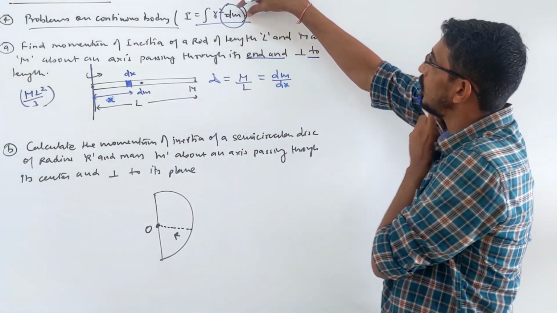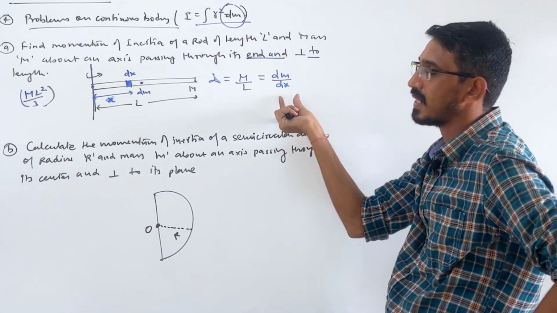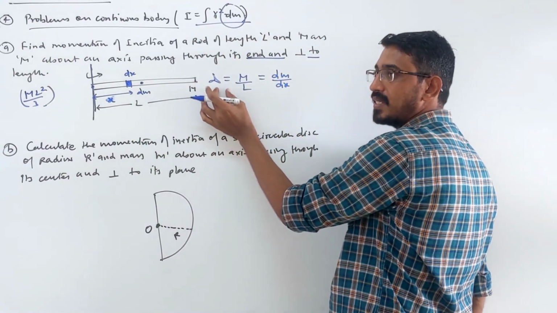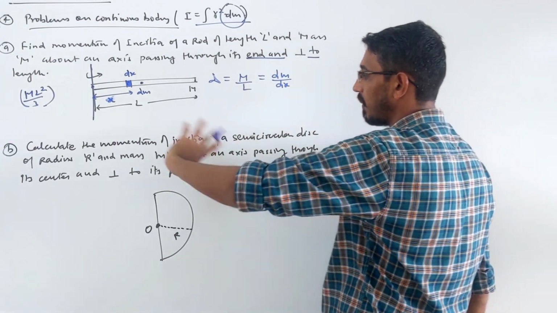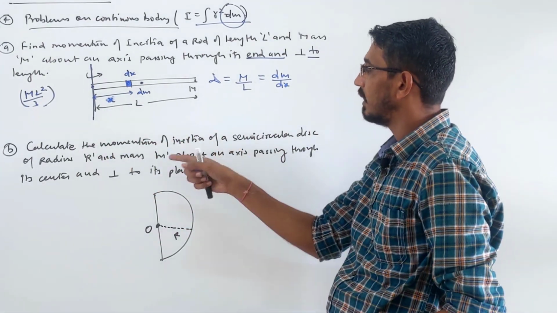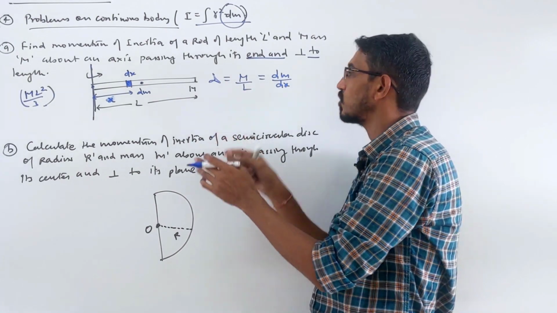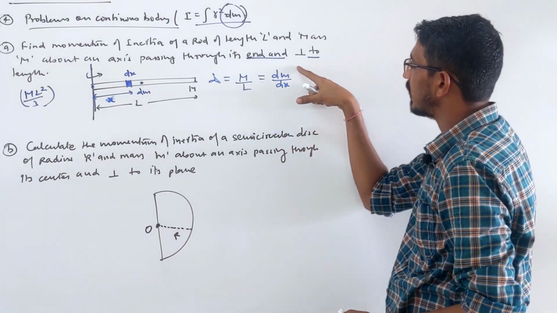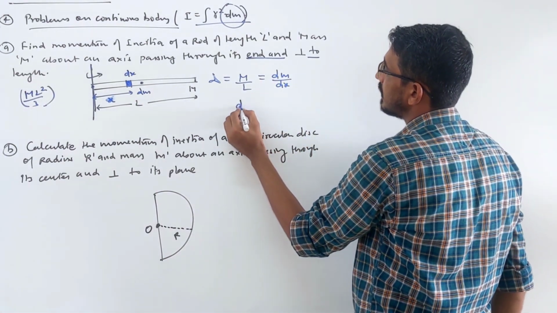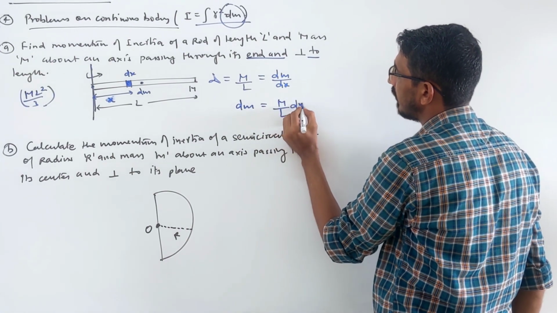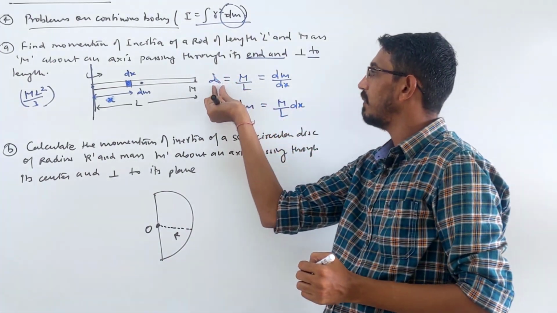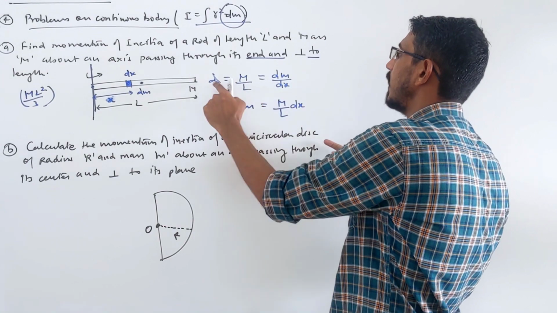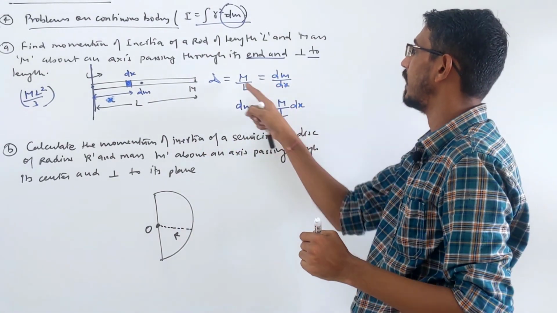So in this formula you have to remove dm and bring dx there, in terms of length. You always do it this way. If a rod is given, write linear density, mass by length, small mass by small dx. Suppose it is a plate, then density is mass by area, so small mass by small area, total mass by total area. Like here, total mass by total length, small mass by small length. So from here, dm will be simply m by l into dx. Sometimes lambda will be given to you, like the linear density of the rod, as in the example I gave in center of mass. Then you can write dm is equal to lambda into dx. Here mass and length we know, so I am writing this format.